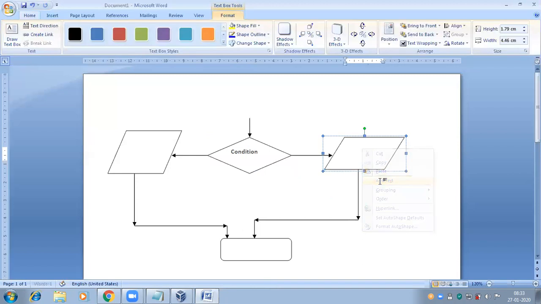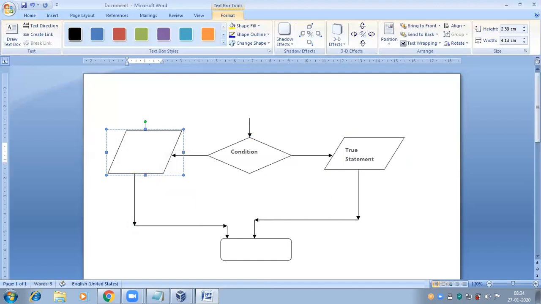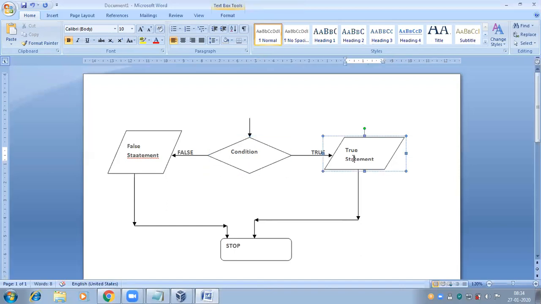If the condition is true, the true statements will be executed.